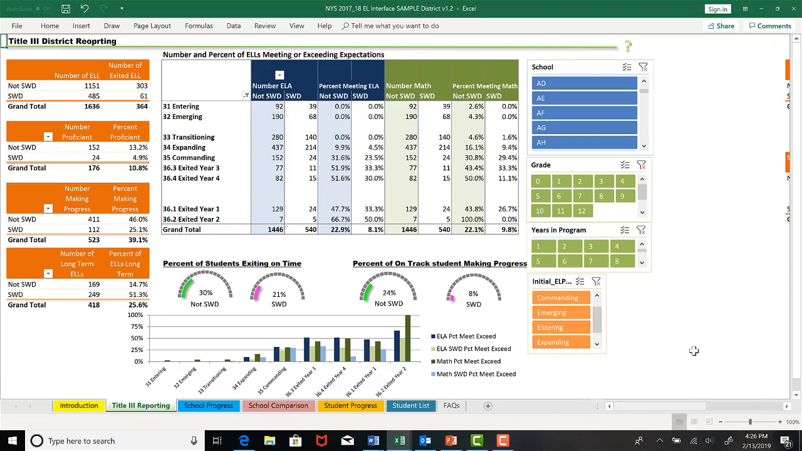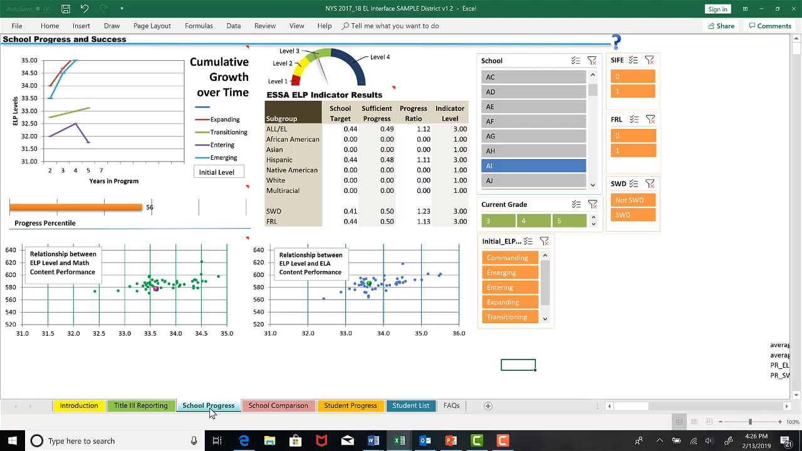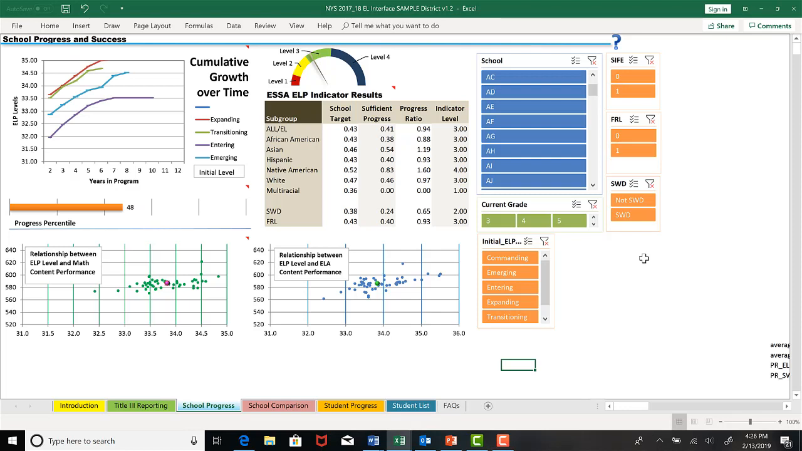Moreover, although that Title III reporting might be by district, this page allows users to disaggregate information by school, by grade, years in the program, and initial ELP level. The second tab is the School Progress and Success tab. This particular tab provides information that is consistent with ESSA accountability and the ELPI